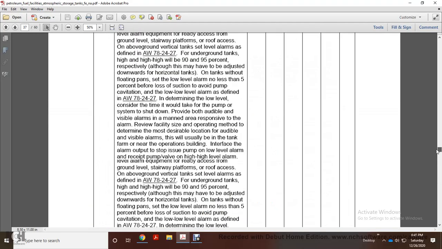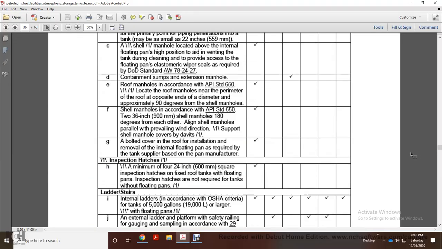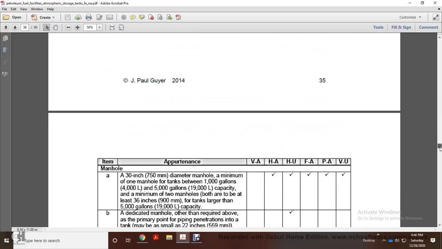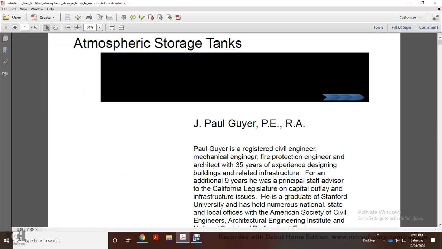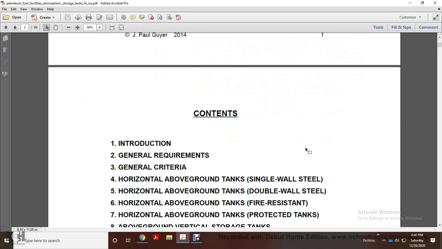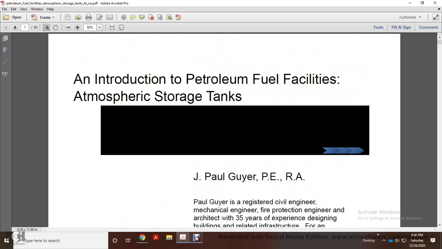And we skipped this chart right here, the table 1, but we'll see how we come out. That was an introduction of a petroleum fuel facility atmospheric storage tank. It was by J. Paul Geyer. It was described out of the UFCs. So let's go ahead and take